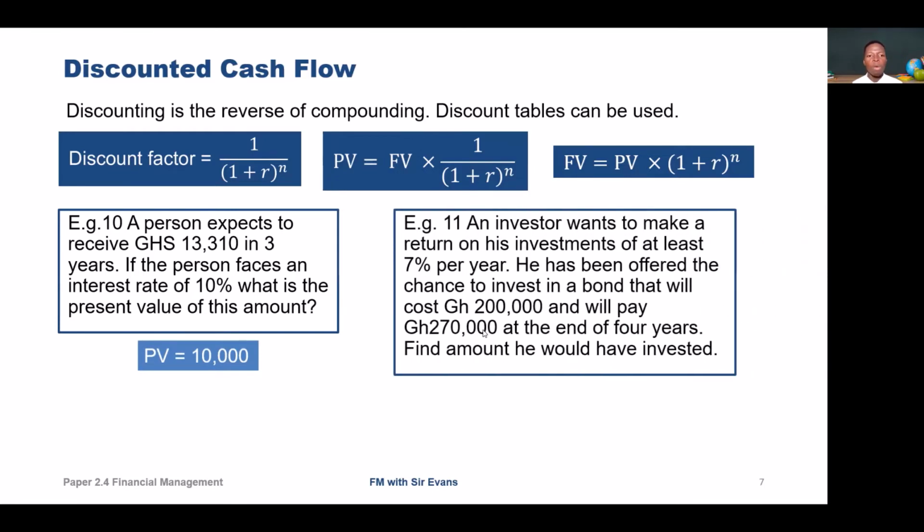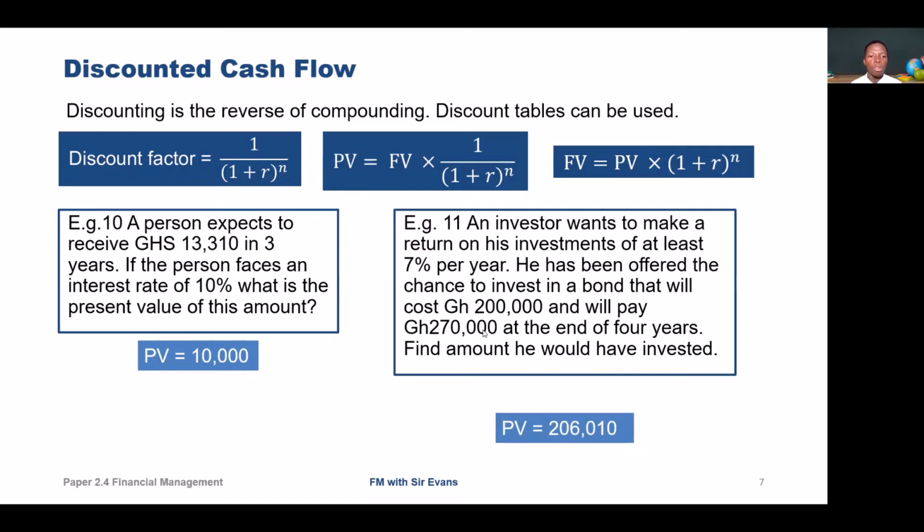Example 11: an investor wants to make a return on his investment of at least 7% per year. He has been offered a chance to invest in a bond that will cost 200,000 and will pay 270,000 at the end of 4 years. So you should find the amount he would have invested. The amount to be received at the end of the period is 270,000, with a rate of 7% and 4 years. When you do that, you get a PV of 206,010, meaning that this is what he should have paid,